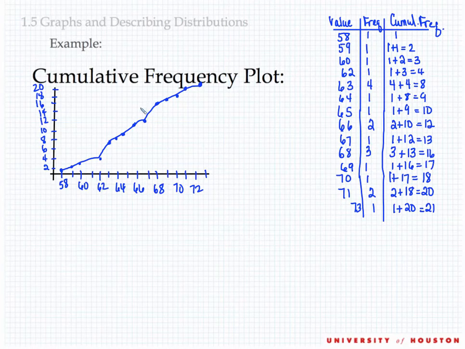Now another way to display our cumulative frequency is using cumulative relative frequencies, and that's getting the percentage for each. And it'll work out so that our last value is 100%. Since we have 21 data pieces, for our cumulative relative frequency, we're going to divide each value by 21 and multiply by 100%. So for 58, our cumulative relative frequency is